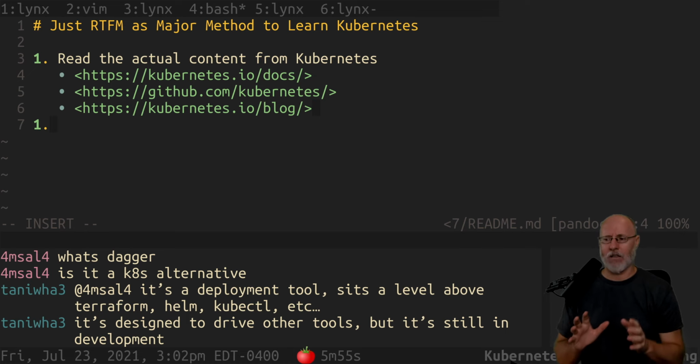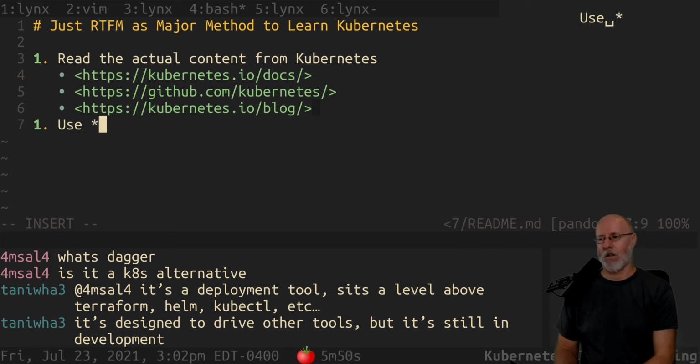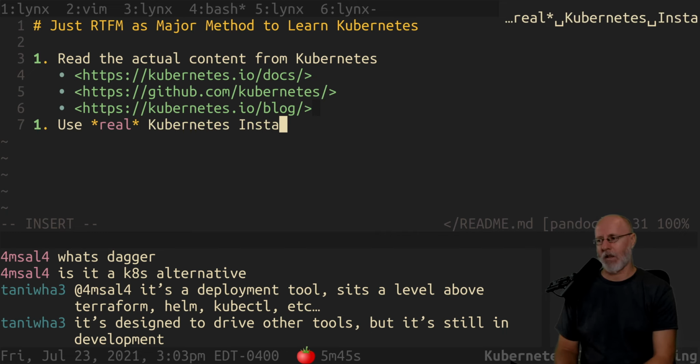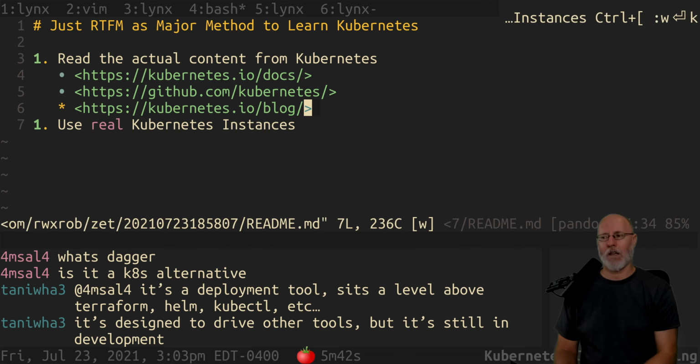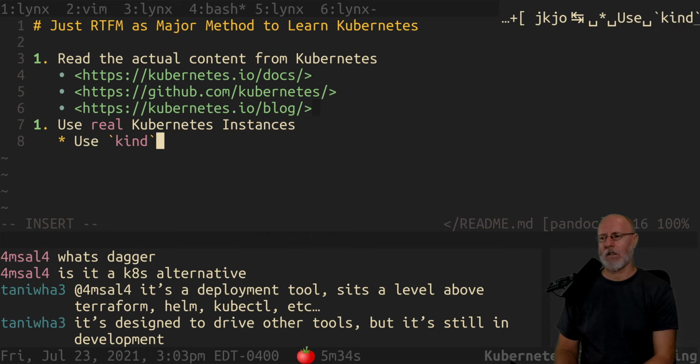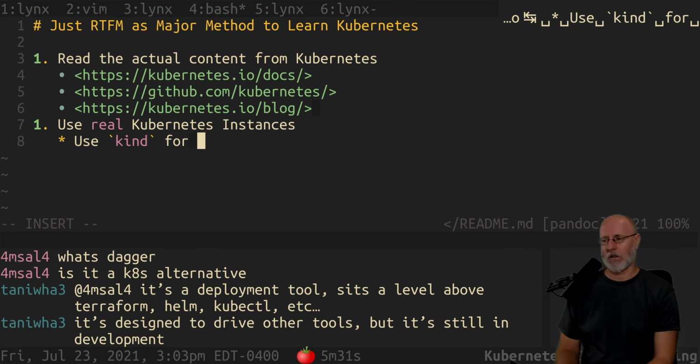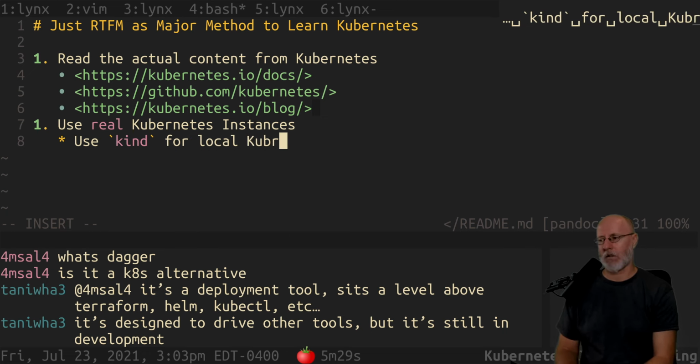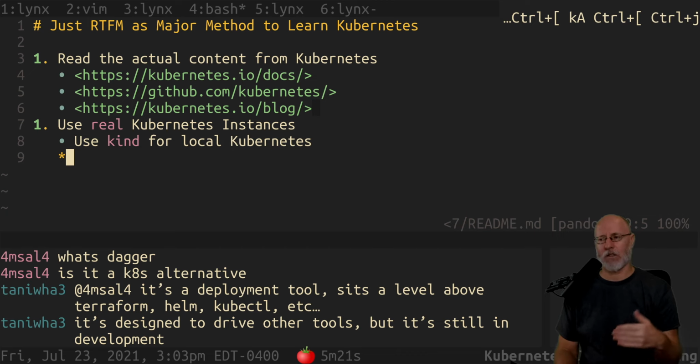The other main thing I have is I'm going to use real Kubernetes instances. I talked about this in other videos. That means I'm going to be using kind, use kind for local Kubernetes. It's a single node cluster. We'll do a whole thing on kind, but kind is actually the single node Kubernetes cluster that's used to test